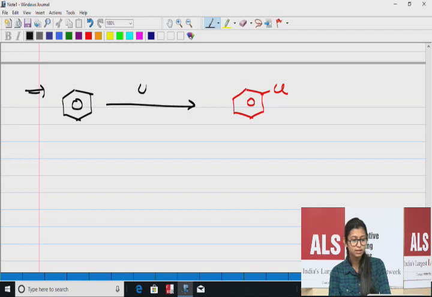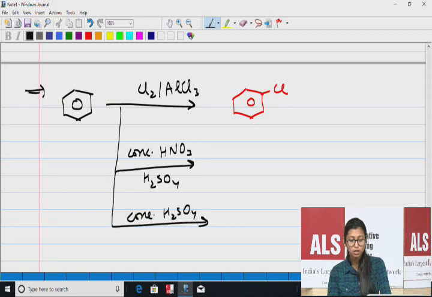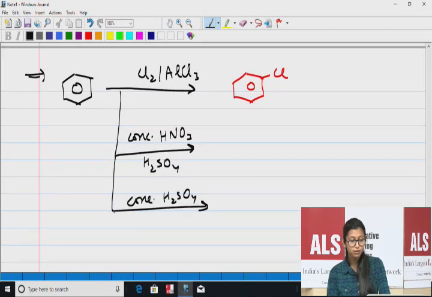I'm saying here it was Cl2 and AlCl3. Like here, if I have concentrated HNO3 and H2SO4, what product will I get? Or if I have concentrated H2SO4, or if I have RX in the presence of AlCl3,